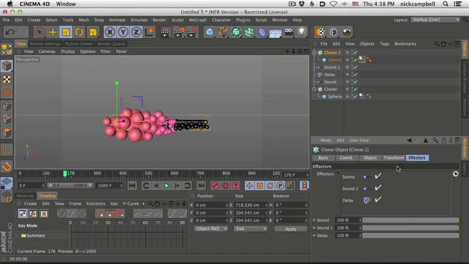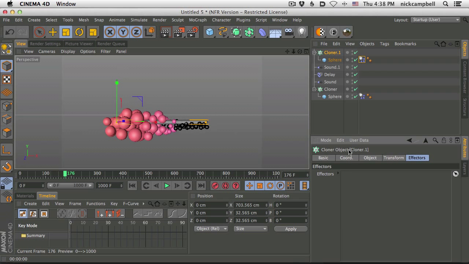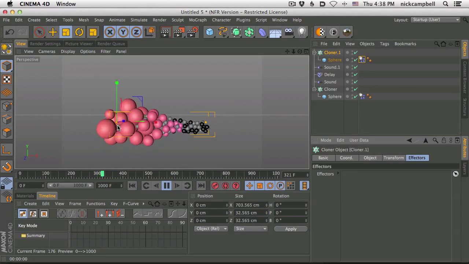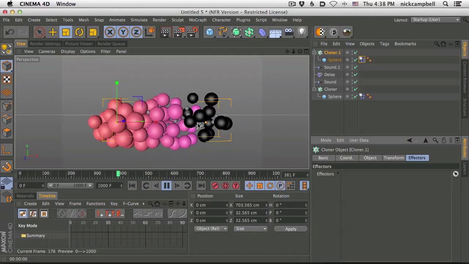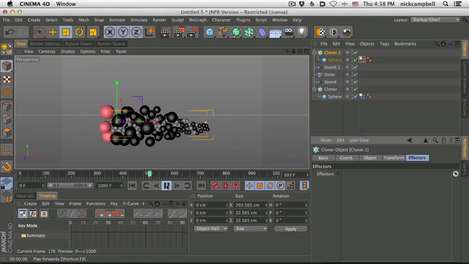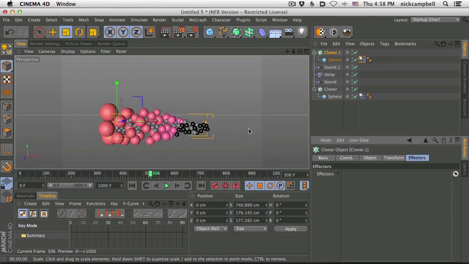And then I went into its effectors and I said, I don't want them to be affected by sound, and I don't want them to be affected by anything really. I just want them to exist and not be a part of the audio system, but to be a part of the dynamics system. So what we have now are all these gray spheres that have nothing to do. They all hang out and they stay small, but they're being affected by all these other objects that are bouncing around, see? And I thought, okay, that was cool, but what if they had a lot looser rules?